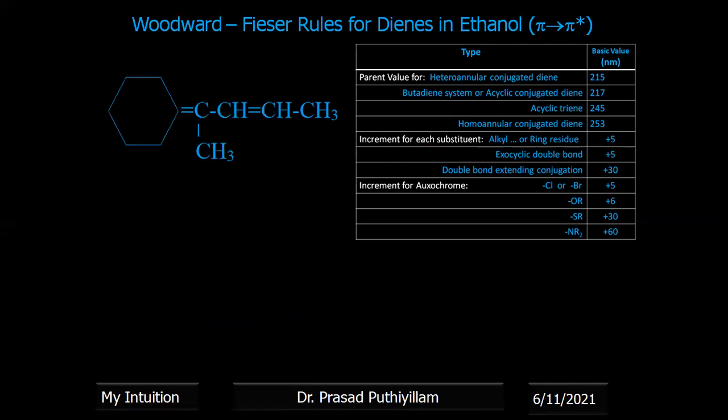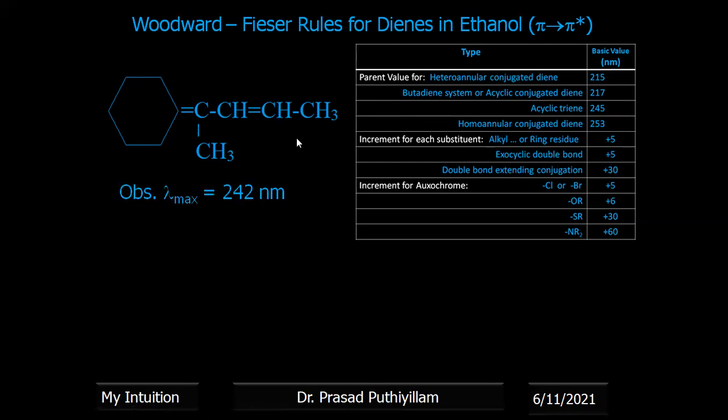So we'll take more examples. In this particular compound, a ring is there and double bonds. We see a conjugated system: a double bond, single bond, and a double bond. We need to see only the conjugated double bonds. These conjugated double bonds are present in the open chain, not in the closed ring. The ring does not have any double bond in conjugation. Therefore, it is again similar to a butadiene system, or acyclic conjugated diene, and all these others we will treat as substituents.